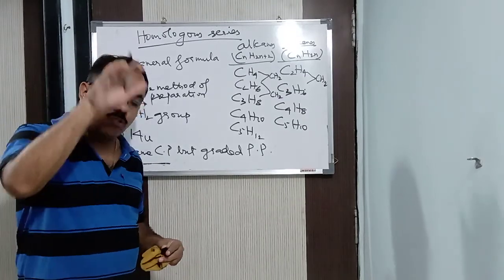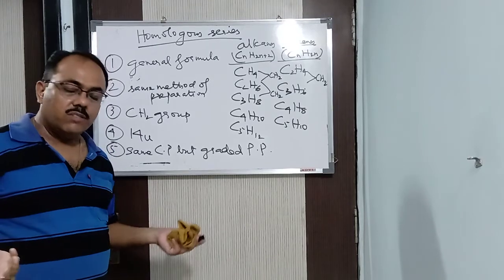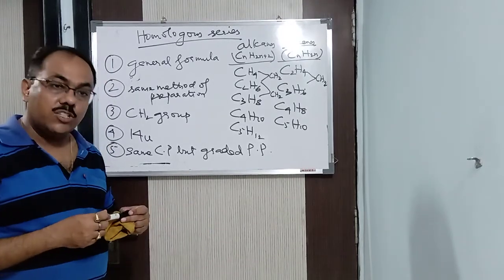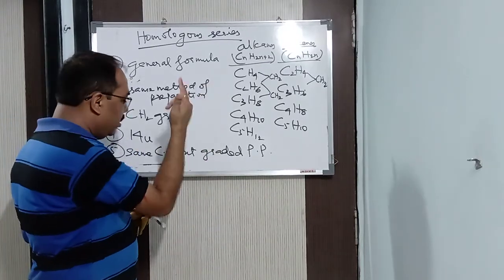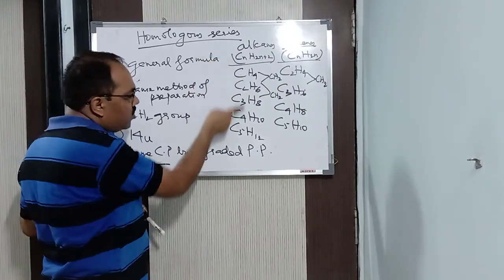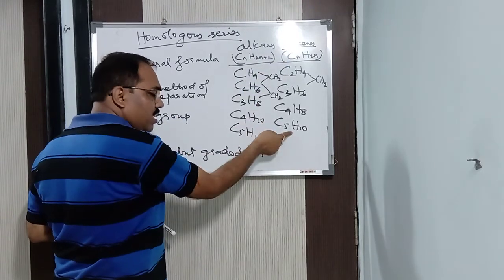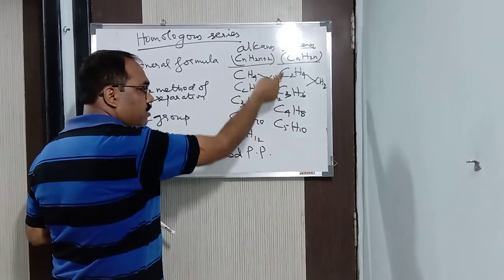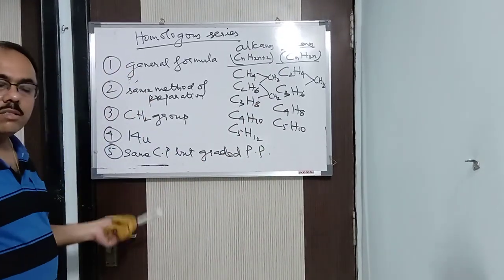For example, density is gradually going to increase, and solubility is gradually going to decrease or increase, whatever it is, depending upon the nature of the compound. In this way, physical properties will gradually change according to the molecular weight, because molecular weight is increasing, you can see. But chemical properties will remain the same. Why? Because they belong to the same functional group, alkanes. They belong to the same functional group, alkenes. So these members will have the same chemical properties, the same methods of preparation, and the same general formula. Alright? So that is known as homologous series. Thank you.